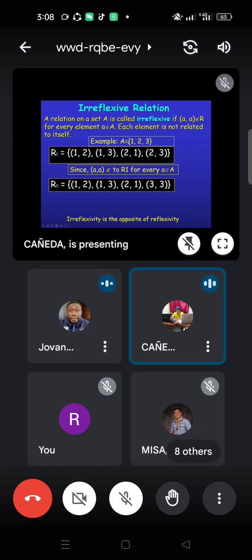We take the example set A = {1, 2, 3}. If our R1 is 1 2, 1 3, 2 1, 2 3, so this is irreflexive, or what we call not reflexive. 1 2, 1 3, 2 1, so this is irreflexive, since an ordered pair A, A is not